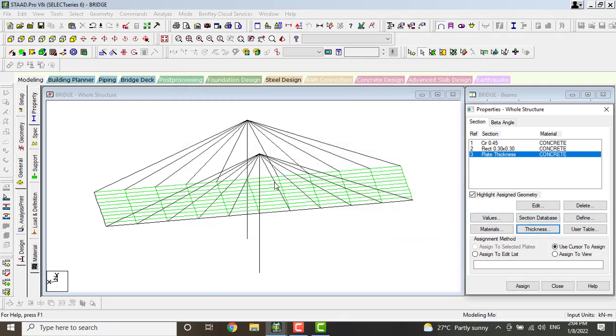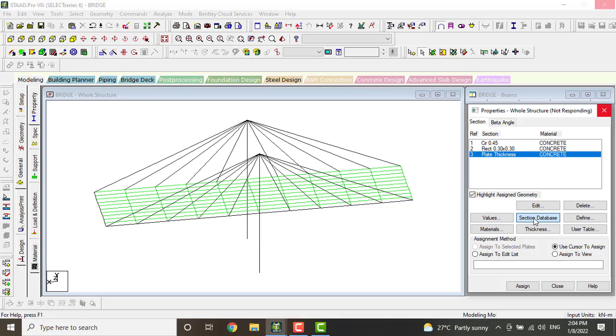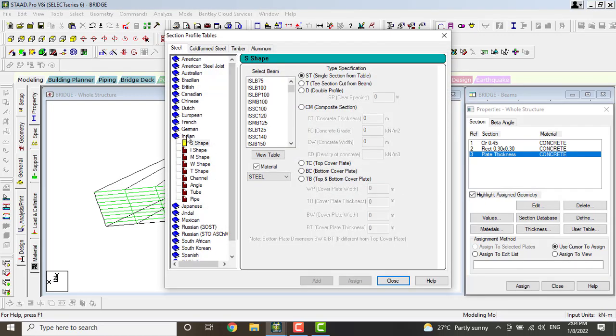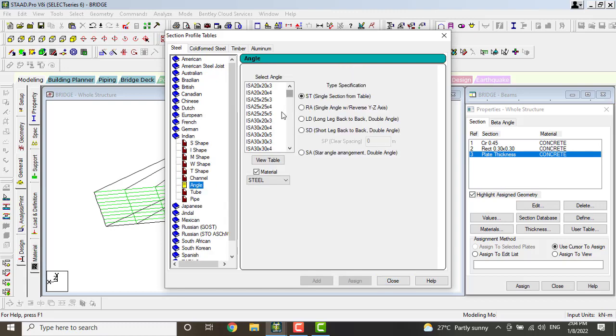Here we have to take the cables for these lines. So go to section database. It will open. Here there is option of Indian angle. Go to angle.